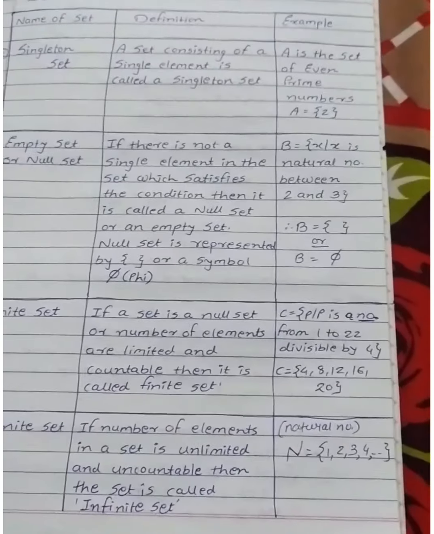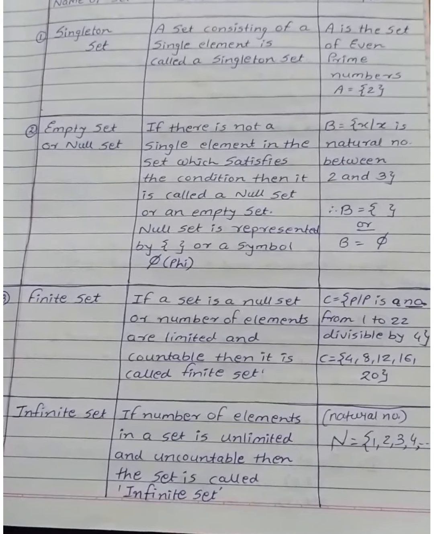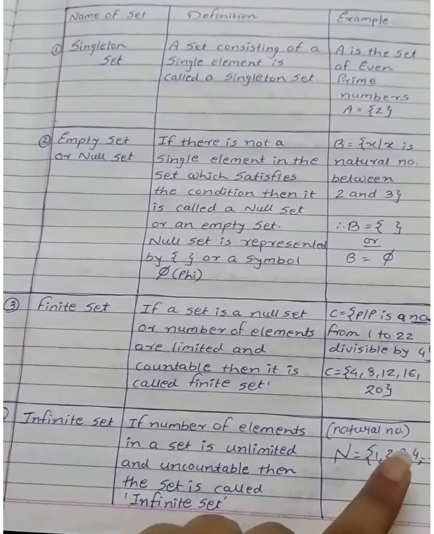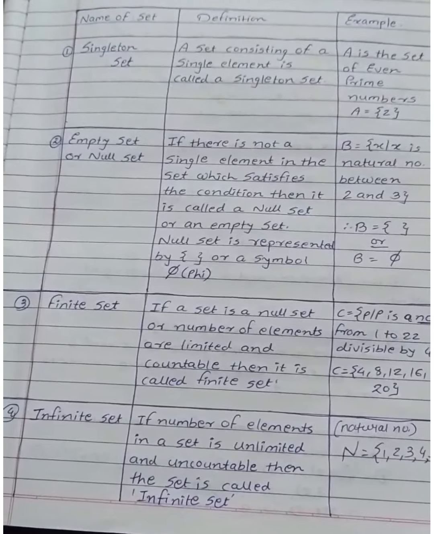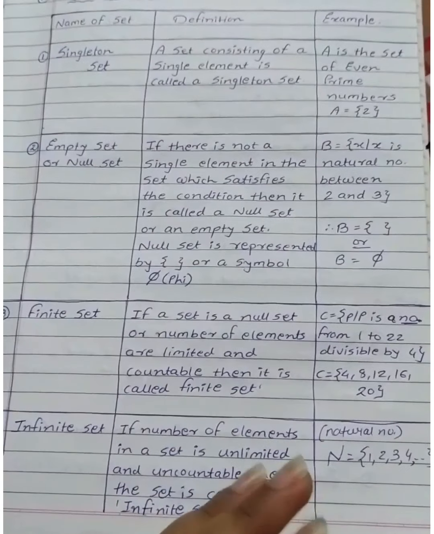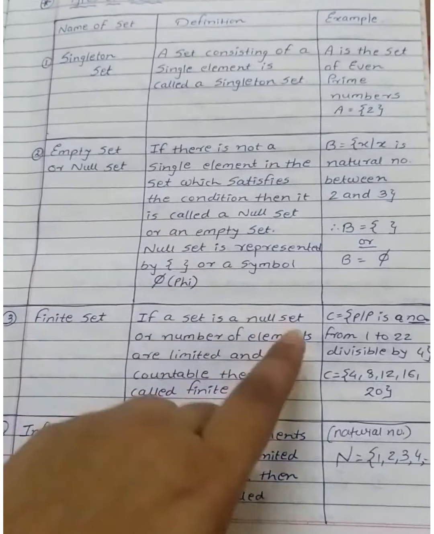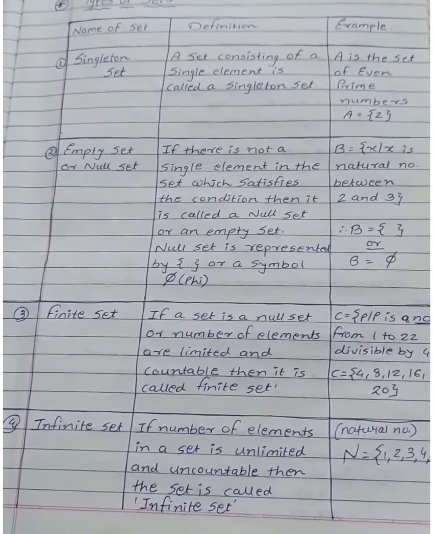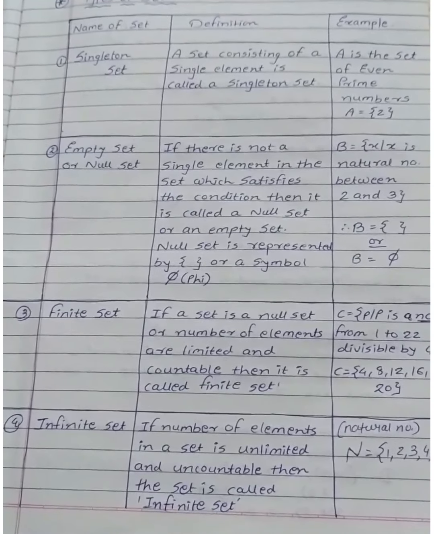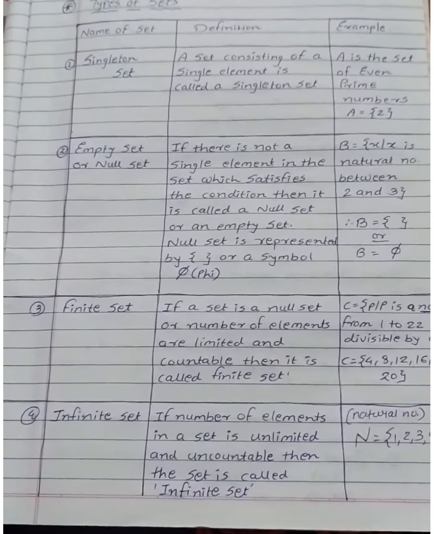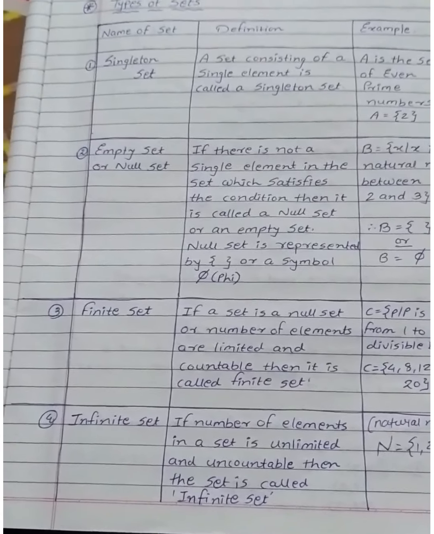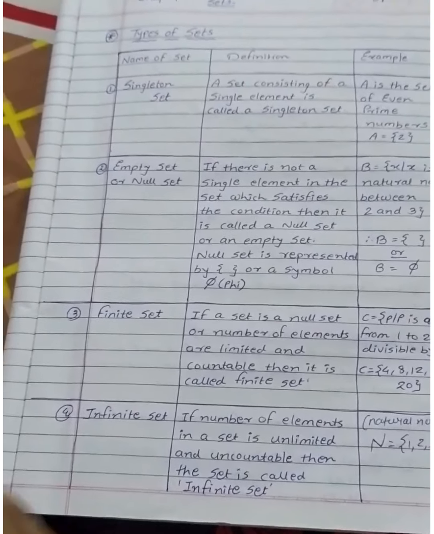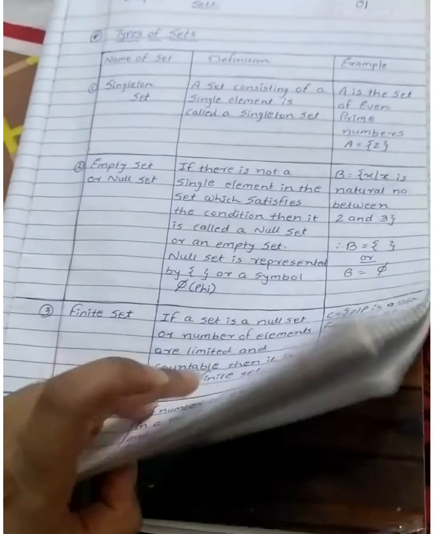See the example. Write down the natural numbers. We all know natural numbers start from 1. There are many natural numbers, uncountable. If a limit is given, such as write down natural numbers from 1 to 10, then it comes under a finite set because we can count. But here they have told us to write down the natural numbers, which are unlimited and we can't count, so it comes under the infinite set. These four are your types of sets. Understood? Now we'll move on to the next.